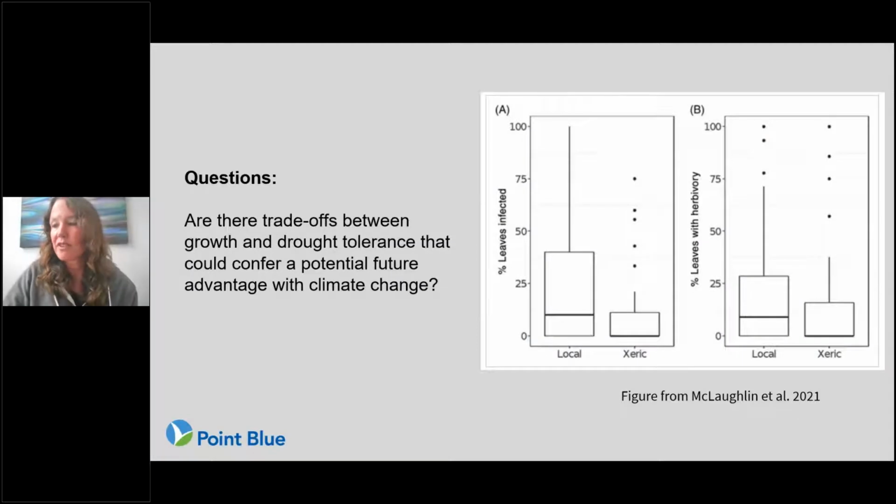So in addition to survival and growth, we also monitored resistance to herbivory and disease. And here we were interested in questions around whether there might be trade-offs between growth and drought tolerance that could confer future potential adaptive advantages with climate change. So of course, we were interested in that as well. And a key takeaway here is that there may in fact be trade-offs where local seeds have invested in rapid growth and xeric transplants could be adapted to allocate resources to predation and disease resistance, which may confer adaptive benefits long-term, especially under climate stressful